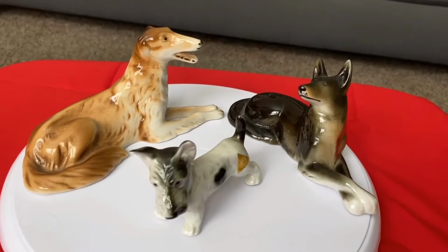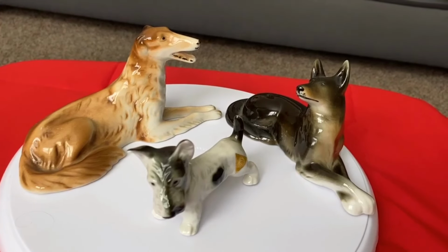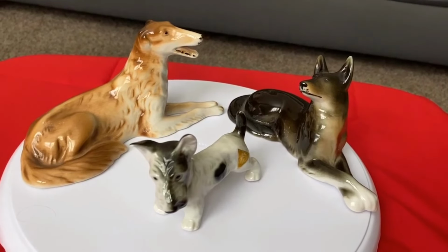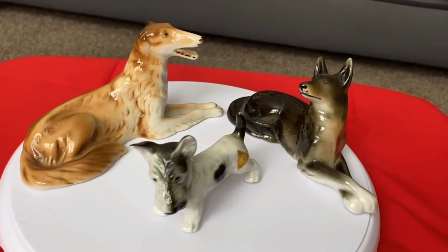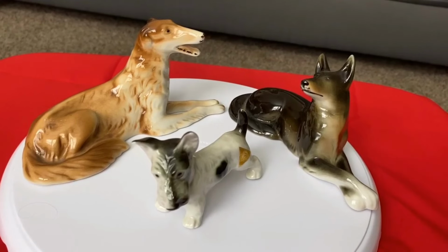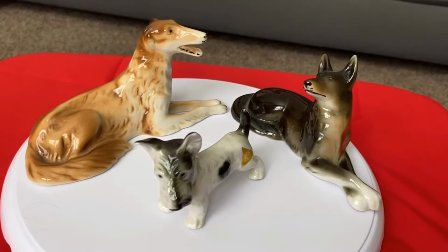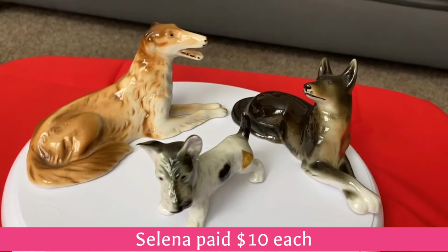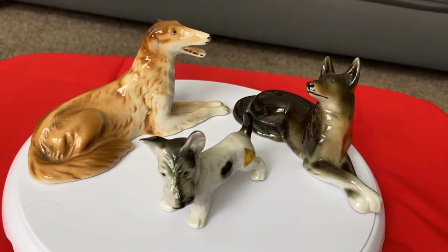And on Thursday I went to my vendor's booth just to clean up and add some more stuff and drop some prices on some stuff. And I always like to afterwards walk around and take a look at everybody else's booths to see if there is anything for me to buy and sell on eBay. So I did find these 3 guys in one of the vendors' booths, and they are made by, the maker is Royal Dux,